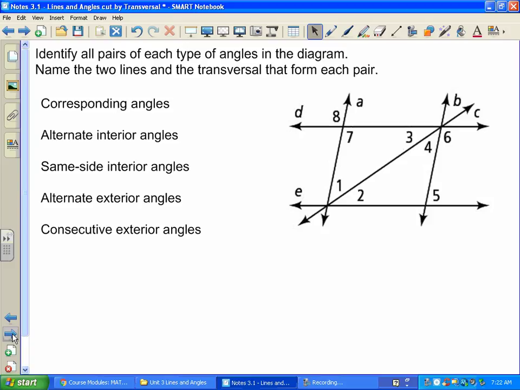It says, identify all the pairs of each type of angle in the diagram. Name the two lines and the transversal that form each pair. So corresponding angles. Again, corresponding angles are angles that are in the same position. So for example, 6 is in the bottom right corner and 7 is in the bottom right corner of the intersection here. So we could say they are corresponding